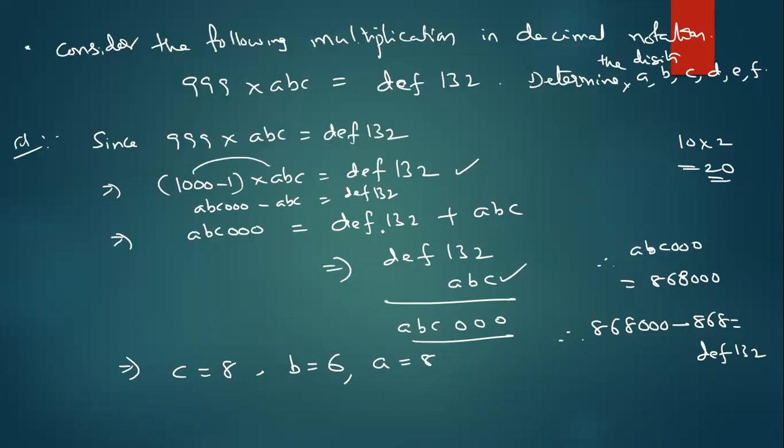One transposes to this side. The sum of these two numbers, what is the answer? The sum of these ABC numbers gives 000. I am writing step by step. For what value of C is it coming 0? C must be 8. 8 plus 2 is 10, 1 plus 3 is 4, 4 plus B is 0, so B must be 6. Then 1 plus 1 is 2, 2 plus A is 8, so A is 8. Now put this value in the given equation.